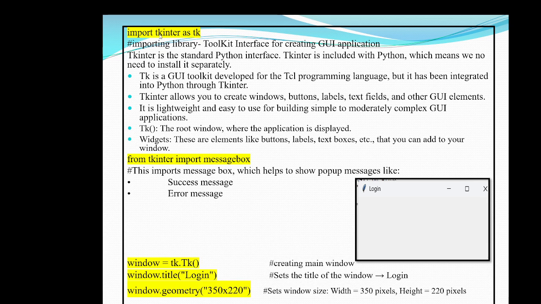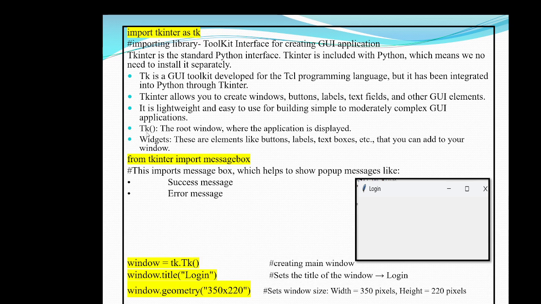Afterwards, in this library, the main component used is Tk. This method is used to create a window, whichever application you wanted to display, that can be displayed in that root window. And widgets are the elements like button, label, text boxes that you can add onto that window.